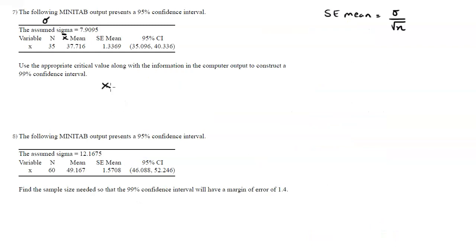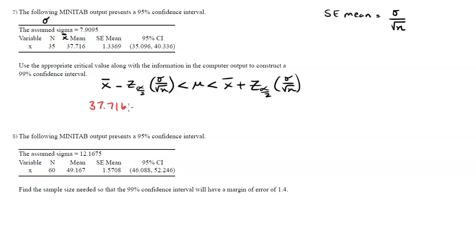Let's write it out. X bar minus Z alpha over 2 times the standard error of the mean. That's the left bound. And then the right bound is just x bar plus the Z alpha over 2 value times sigma divided by the square root of n. So if you notice, we have a lot of information, right? We have x bar, that's 37.716. We do not have the Z alpha over 2, but we do have that standard error,